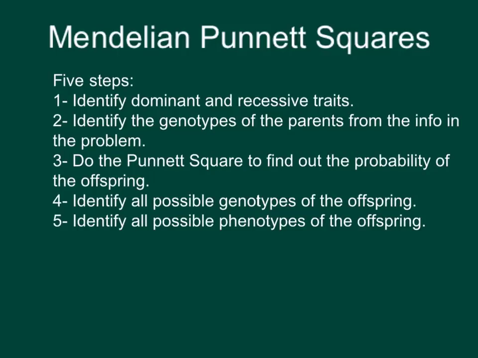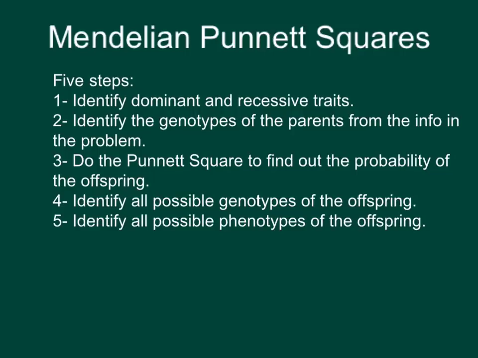This video is designed to give you a step-by-step approach to answering simple Mendelian Punnett squares. There are 5 steps that I suggest you go through each time you're answering one of these problems. The first step is to identify the dominant and recessive traits. This is going to do a couple of important things. Number one, it's going to help you determine which letter to use, because the letter that you're putting into the Punnett square is going to be the first letter of the dominant trait. So this step becomes extremely important in terms of just helping you identify which letter to use to begin the